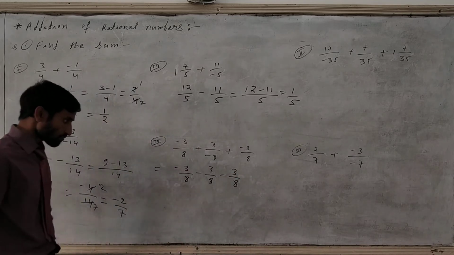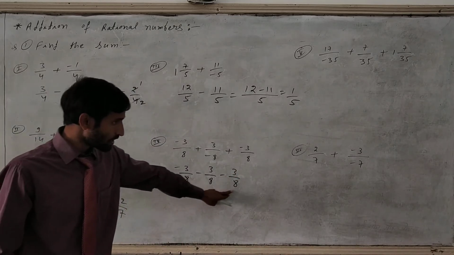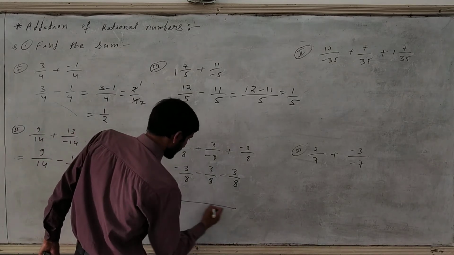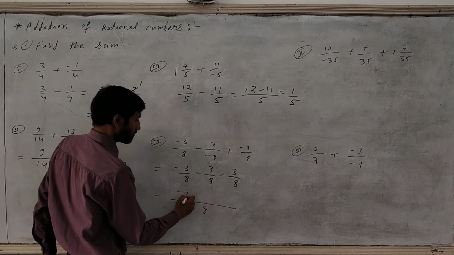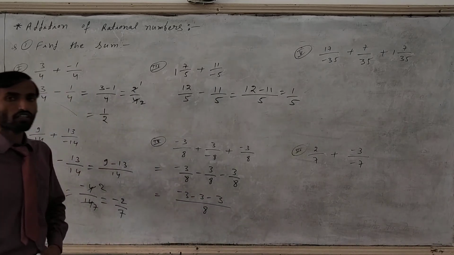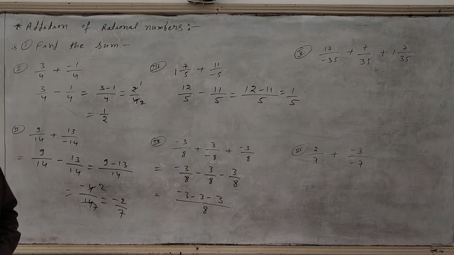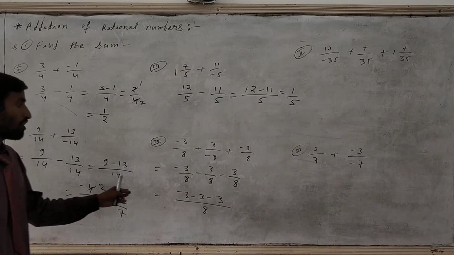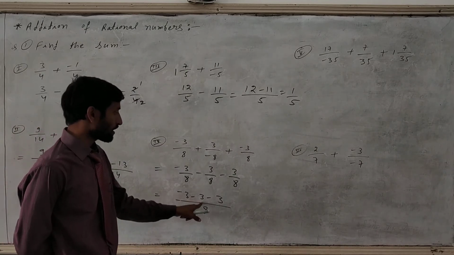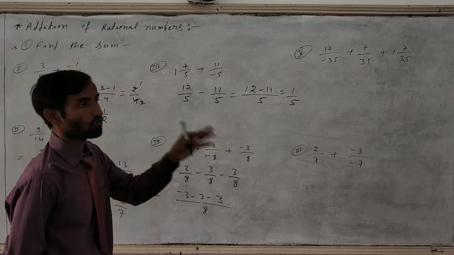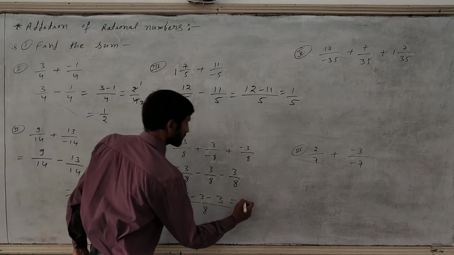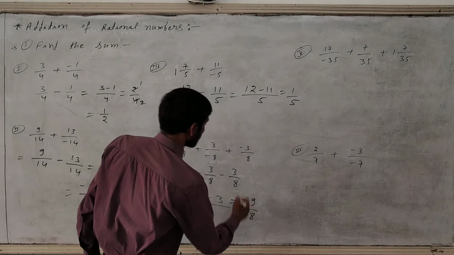Next, here also just you see the denominator is the same, so no need to take any LCM. So 8 will come again, minus 3, minus 3, minus 3, each has a minus sign. So in integers, already you know, minus 3, minus 3, minus 3, what will come? You have to add, but it should be negative. So minus 3, minus 3, minus 3, minus 9 will come. You will add 3, 3 times, then 9 will come. So minus 9 upon 8. So this is the final answer.